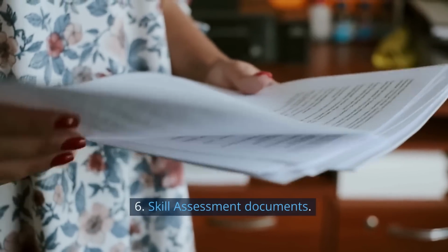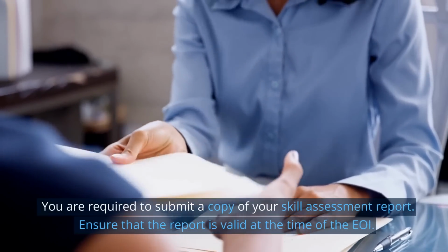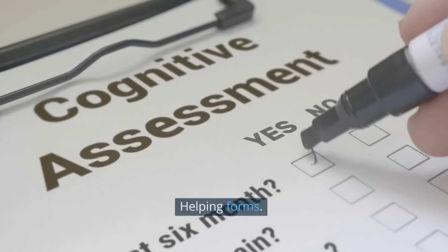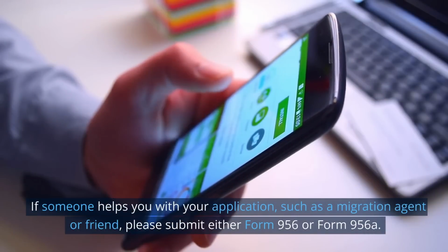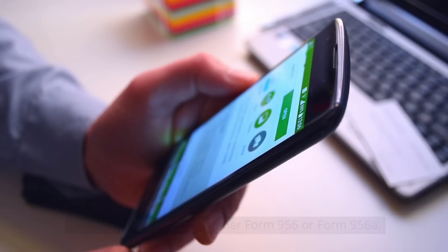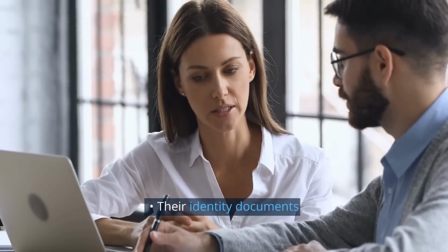6. Skill assessment documents. You are required to submit a copy of your skill assessment report. Ensure that the report is valid at the time of the EOI. 7. Helping forms. If someone helps you with your application, such as a migration agent or friend, please submit either Form 956 or Form 956A. 8. For your partner and/or spouse to include the following: their identity documents,